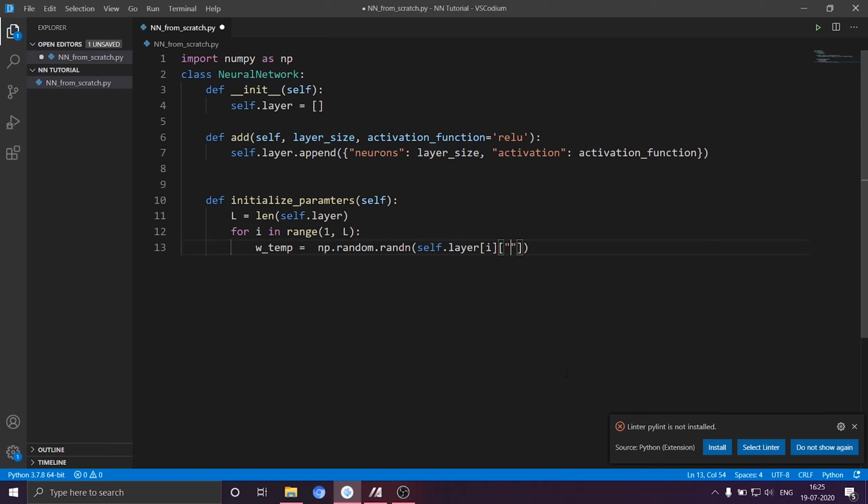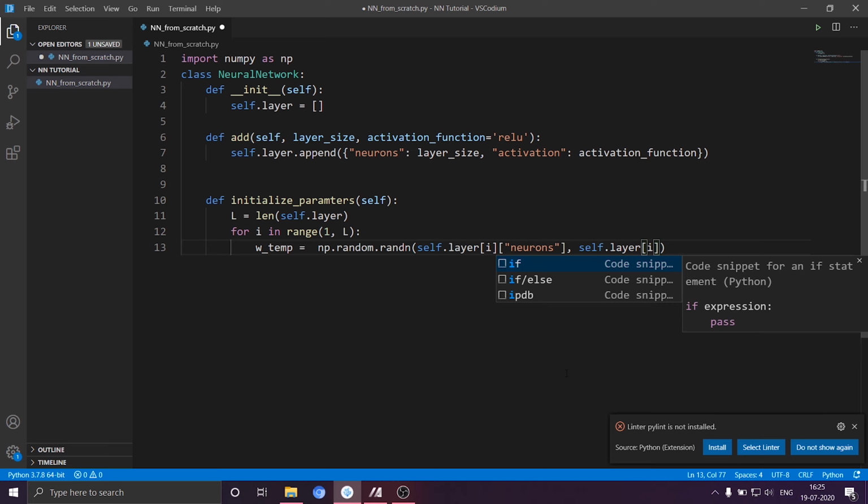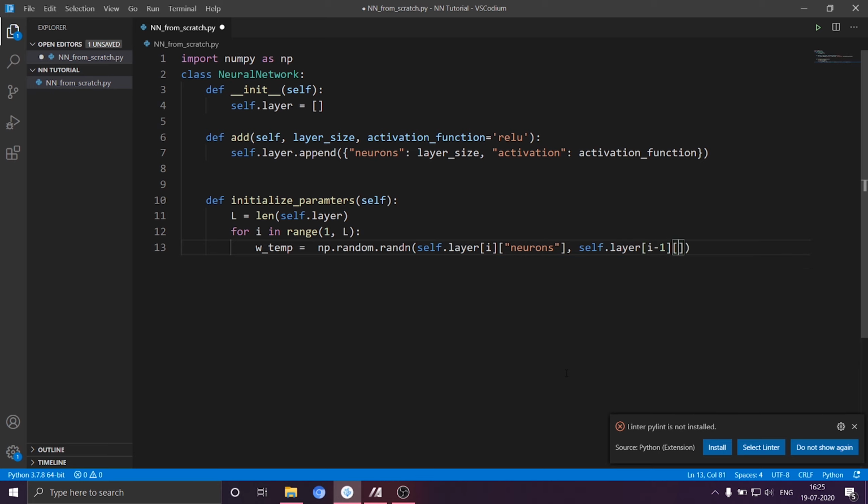So we can write here neurons and times the number of neurons in the previous layer. So we can write self.layer of i minus 1, and the key would be the same, so I will write neurons. This is for W, and for B we can write